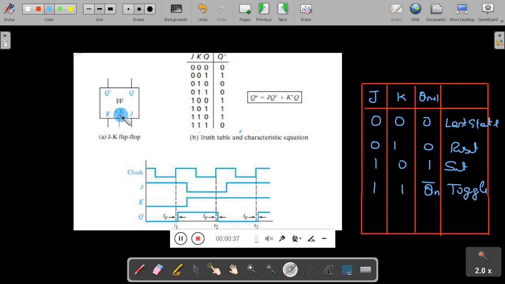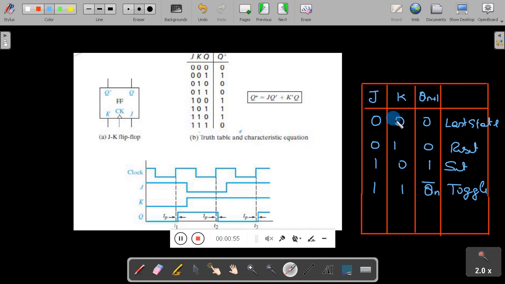The JK flip-flop has three inputs here. You can see J, K and clock. The J input corresponds to S, K input corresponds to R, and we have two outputs here, Q and Q bar. So first you will see the truth table